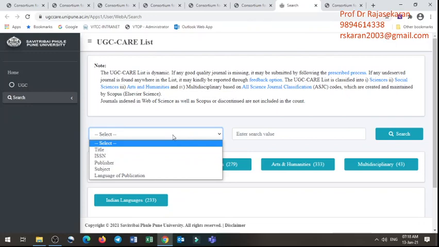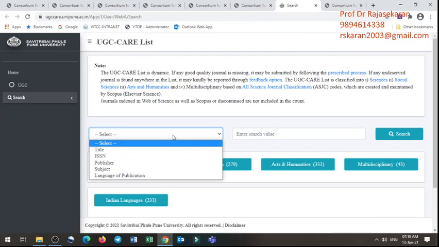If you are a first-time user, it will ask you to register. Just go to that link, and you simply have to give your name, institution and basic details. Then once you register, giving your username and password, maybe email ID and password, keep those things in mind, so that when you come next time, you have to enter them. Once you enter them, it will automatically come to the UGC CARE list 1.